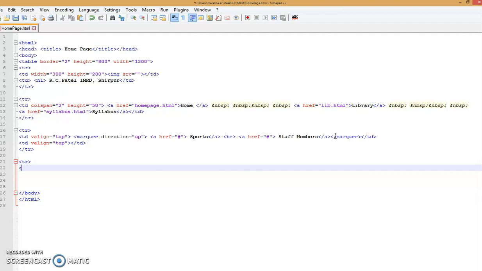In this tr we are creating the footer section, and in that footer section we merge the two columns by using the colspan attribute, and that's why here we use td colspan is equal to 2.